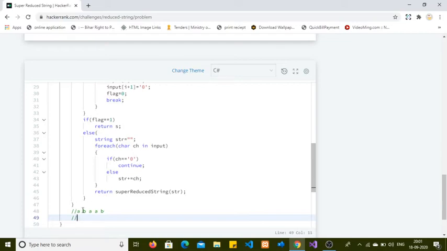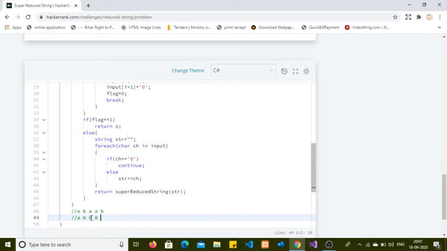First time we'll check a and b, both are not equal, so we'll move to the next index. B and a, again both are not equal, then we'll move to the next character. A and a are equal, so I am marking both indexes as 0 so that we can uniquely identify